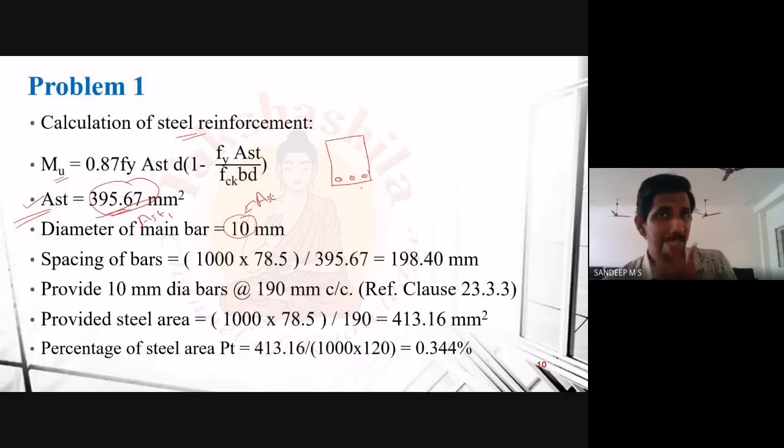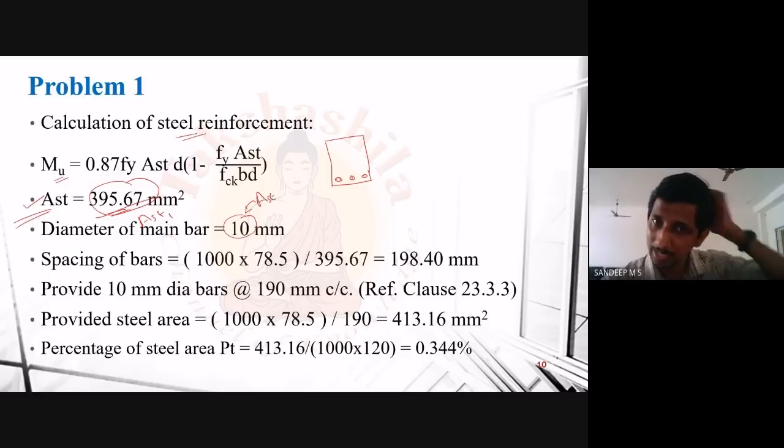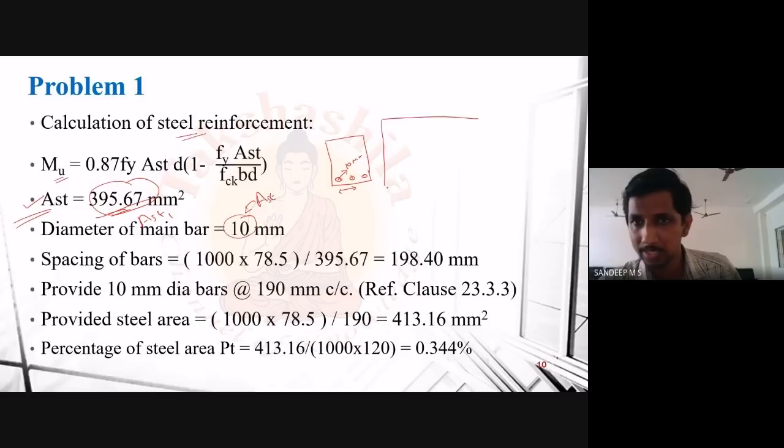But in the case of slab, we do not adopt the same method because the slab will have a very large dimension. In such a case, we will make an assumption of the diameter of the bar, say something like 10 millimeter, and mention the center to center distance between the nearby bars. Once we have a larger slab like this, we will provide our first reinforcement like this. After that, we will state that we have to provide 10 millimeter bars at say 150 millimeters C by C,